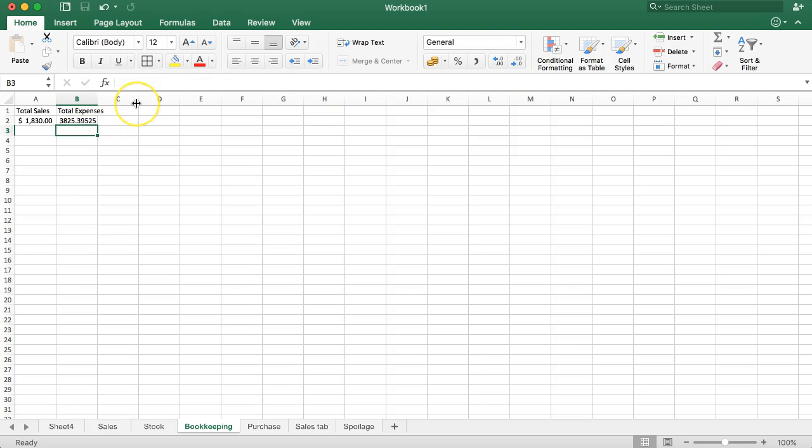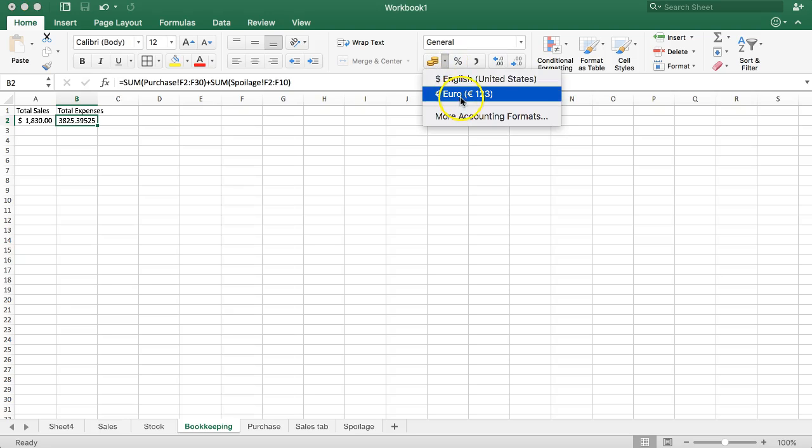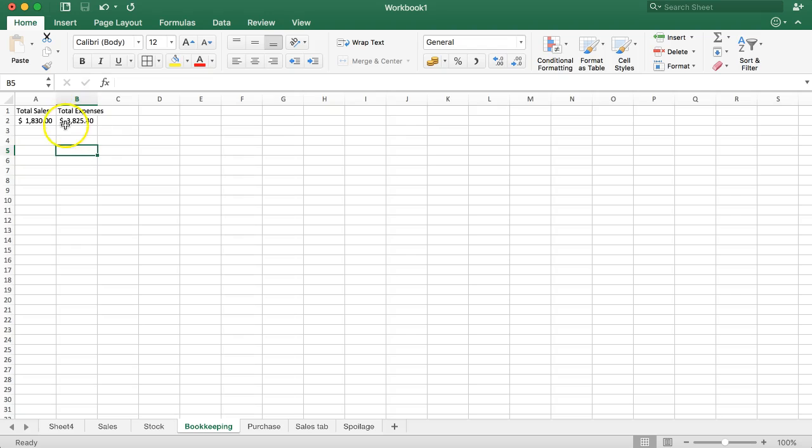So this is correct. So it's increased by 400, which is correct because there was a spoilage of close to $400. Save this. Now we're done. So now we have our first part. Of course, you can go deeper now because now you can start to calculate